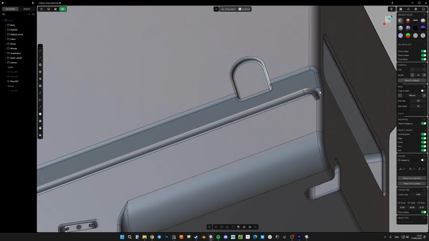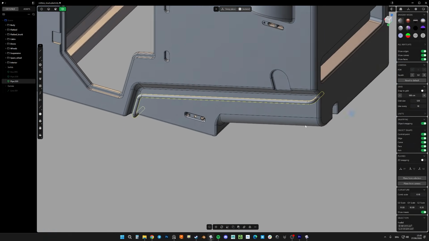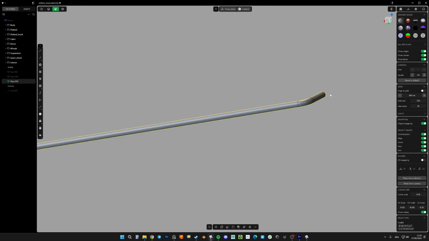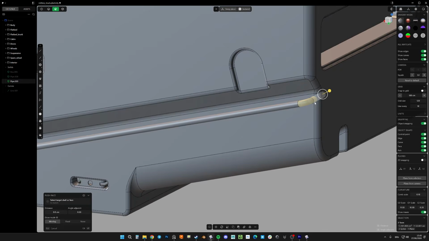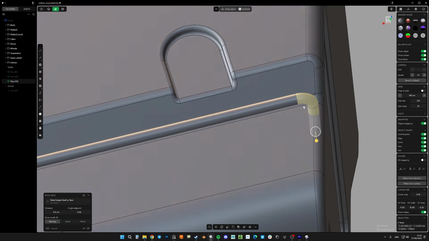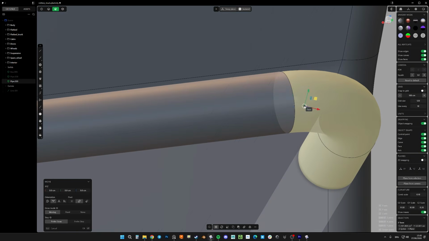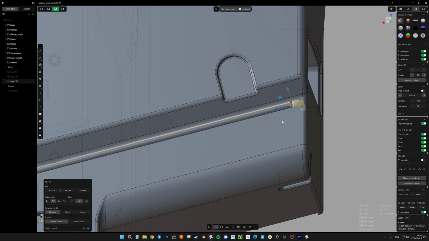For example, I want to shorten this a bit. I'll try to just select those two pieces and move them. And as you can see, it doesn't want to move. It works fine when I push it away, but if I want to make it shorter, it gives me an